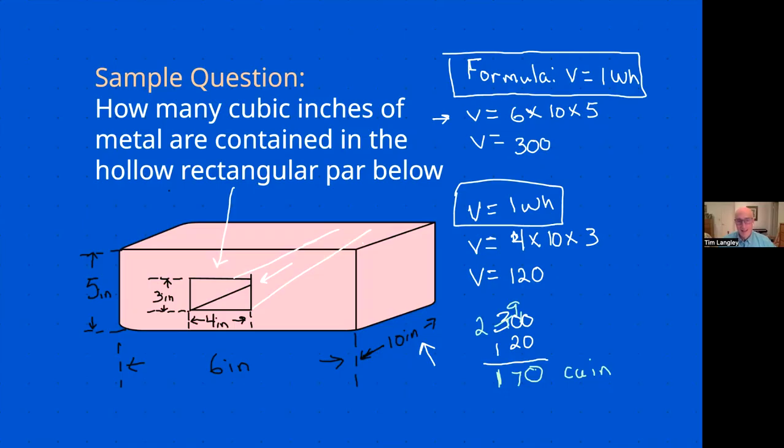I'm going to take that slice out of the middle and subtract it. So what I'm doing is illustrating in kind of color here at the bottom right. I'm going to take that slice. So I got my 300 total block of metal. That's the answer I got up here. Okay. I got 300 total. Wrote it down. And then I'm going to subtract my 120 cubic inches. That's the hole out of the metal. And I illustrated this. If you did the long way out of color, you'd get 170 cubic inches of metal in this case, because we're calling this thing